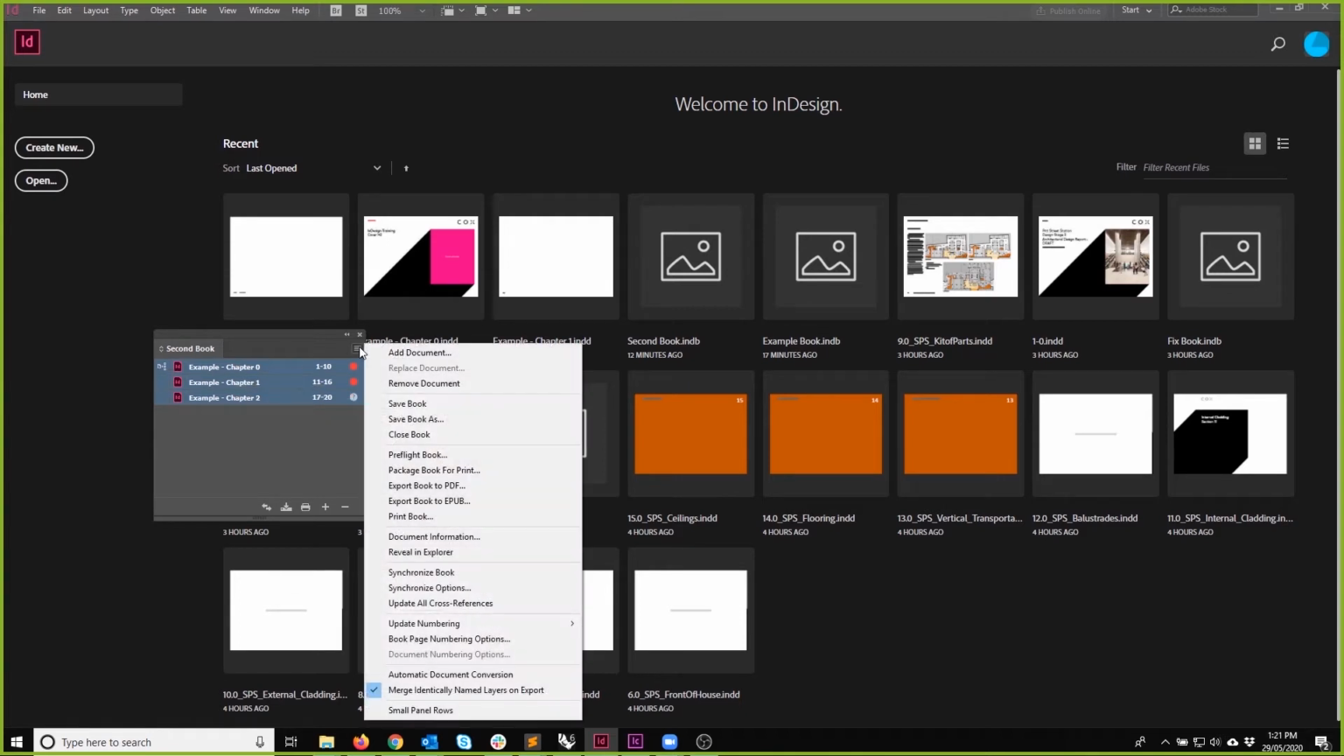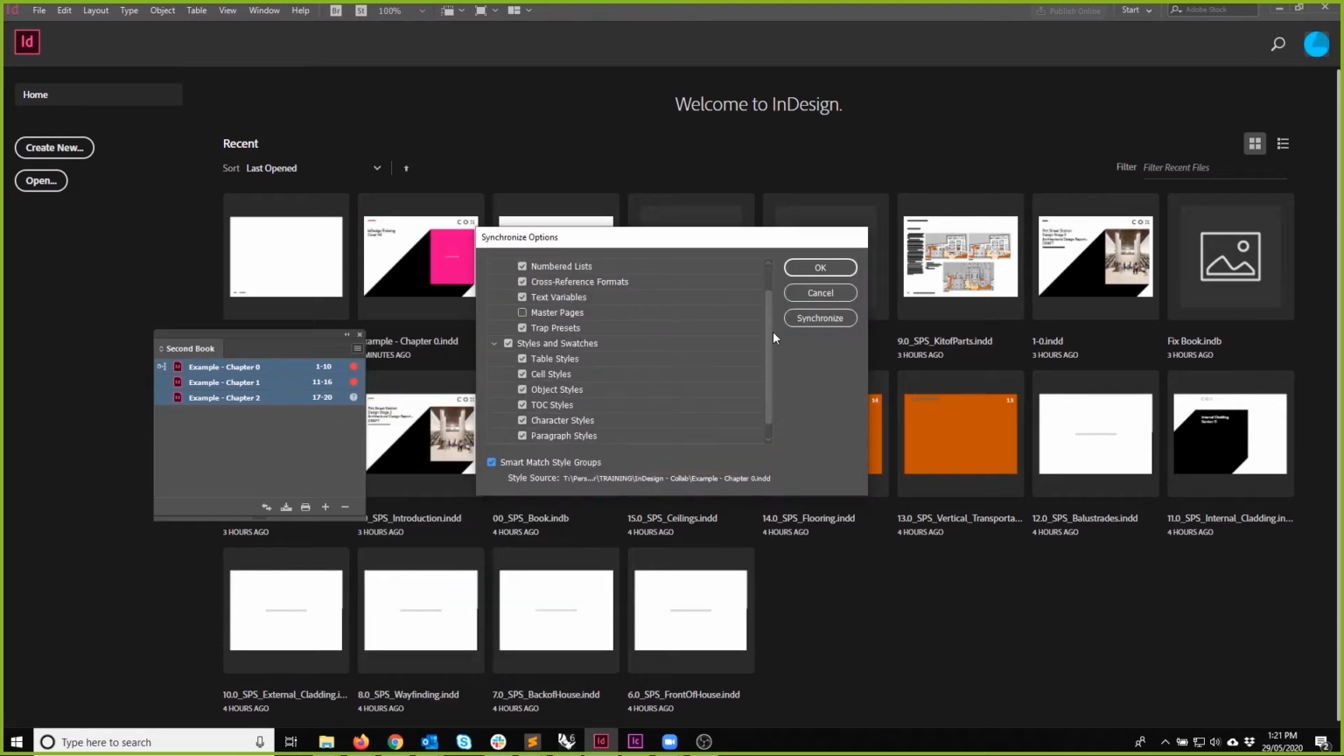We set our style source for chapter 0, and then we can run either synchronize book or synchronize options. I much prefer synchronize options because it allows you to actually see what you're synchronizing prior to running, and you can run synchronize from this dialog. And in this case, usually what I do is just turn everything on, but we're really focusing here on paragraph styles. With everything synchronized,